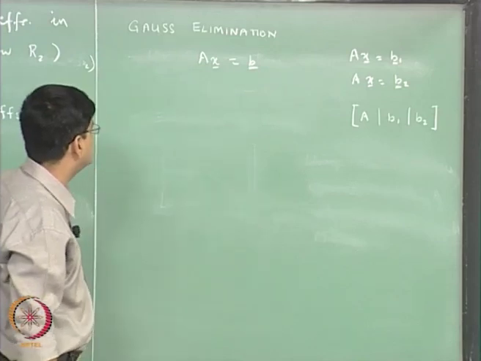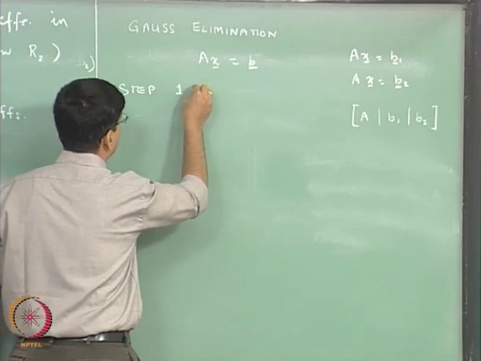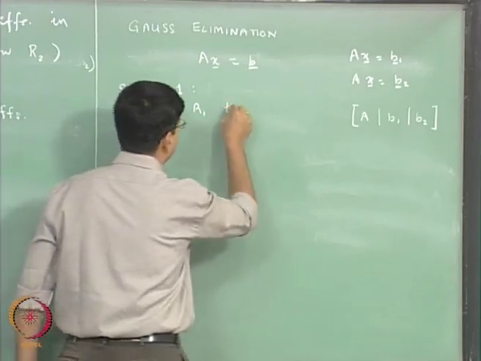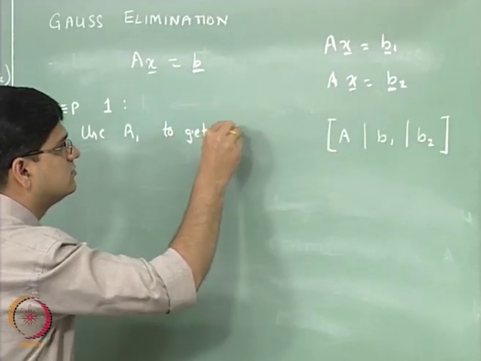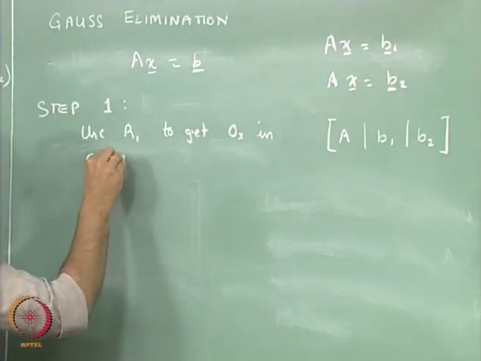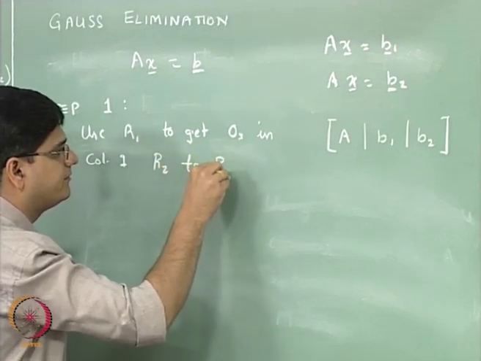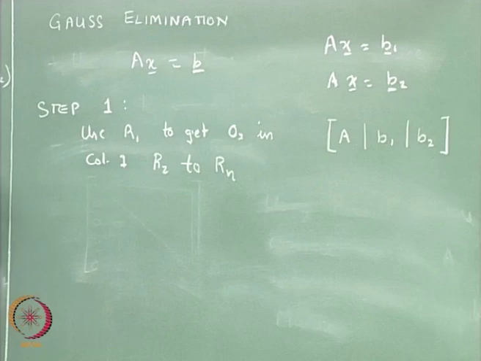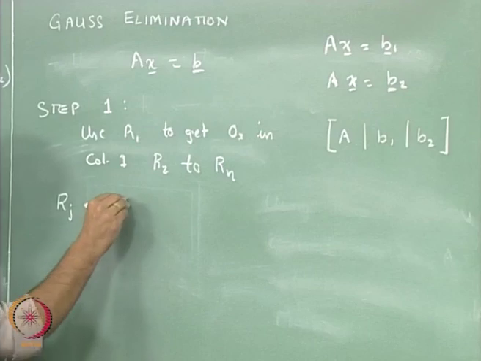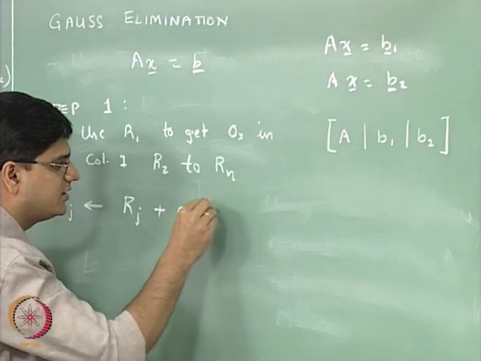So we have Ax equal to B. Step 1 is going to be to use R1 to get zeros in column 1, rows 2 to n, and how we do that is Rj is going to be equal to Rj plus alpha j1 R1,